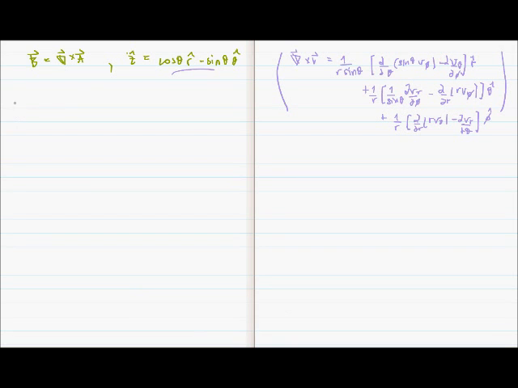So why don't we get started? It's handy because we're only going to be left with this phi term. The remainder are 0. So if we were going to write B